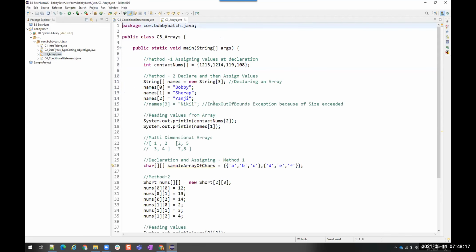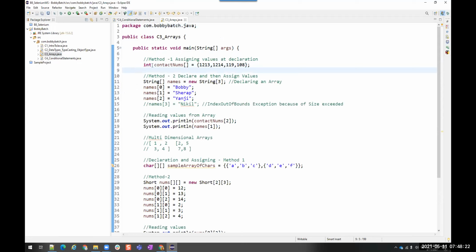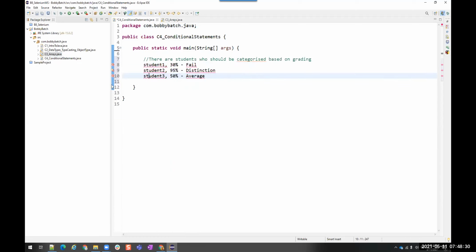So till now we have seen this code will execute from top to bottom. There is no interruption in the flow. Right? So it is going line by line execution. So if it is going line by line, I have a student and I'm assigning it to the fail category. Then I got 95% student. Should I still assign him to the fail category? No. We should assign him to distinction. And then if we have another student who is having 50%, then we should assign him to average person. That means we are controlling the flow.